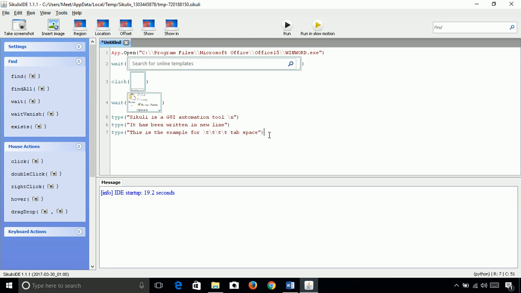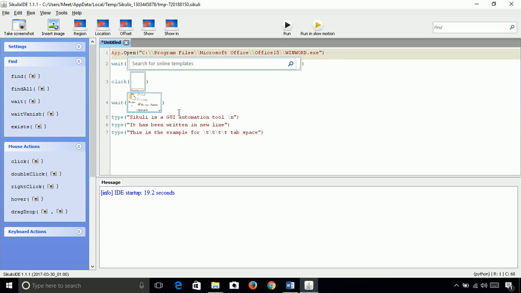Now what it will do is it will open the Word and wait for the search bar to appear on the screen just to be ensured that the Word has opened properly. Then it will click on the blank document so that we can write in that. After clicking, there is some delay, so it will ensure that it has opened the blank document properly by checking that this pattern appears on the screen.